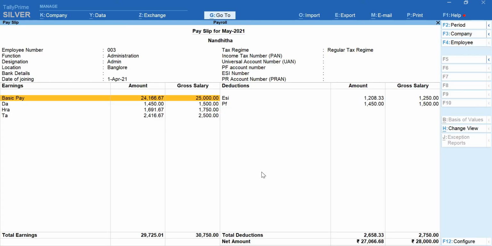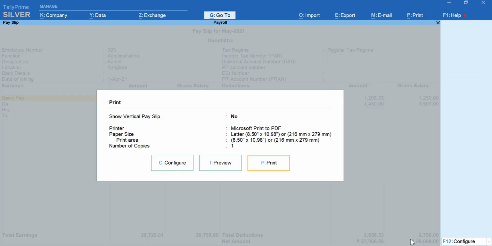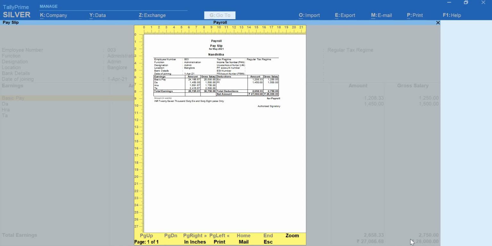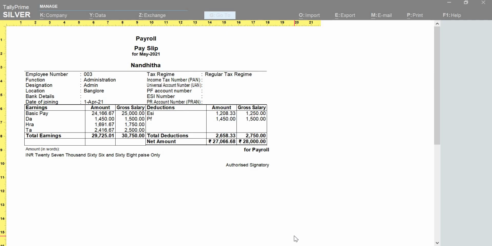This is all her details, and this is the earnings column, and this is the deduction column. I have a net amount and gross amount on this. And also if you want to take a printout, again Alt+P is the shortcut key. You can go for taking a printout, and you can go for looking into the preview, and this is how it looks. I'll just zoom in. Yeah, so this is how it looks. You can take a printout, get an authorized signature and hand it to that person.